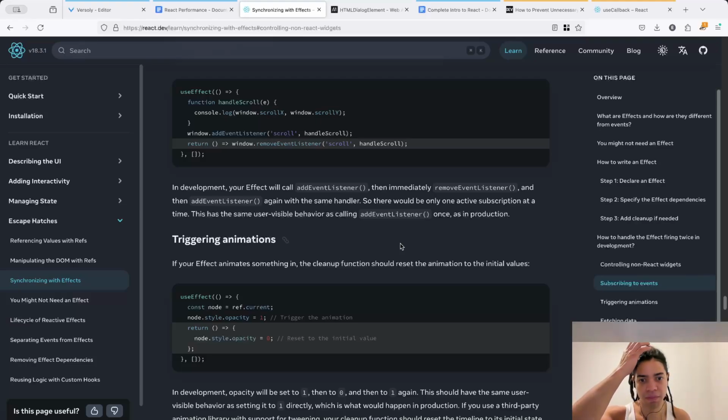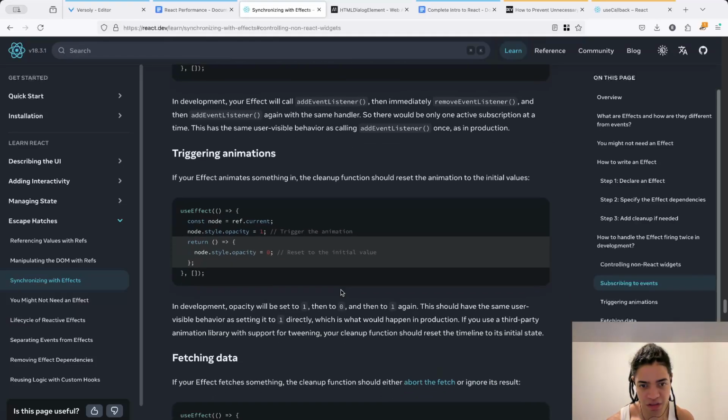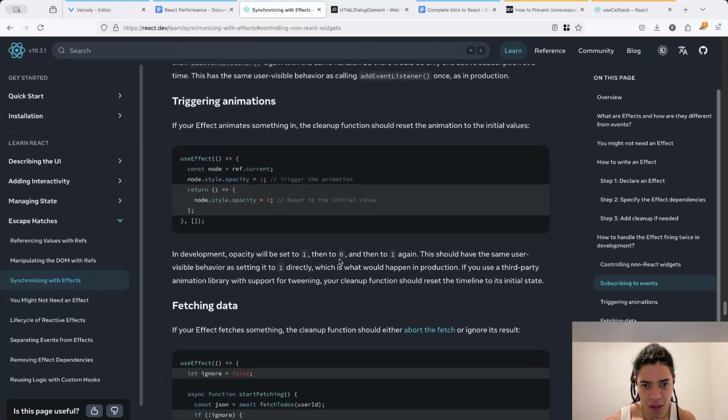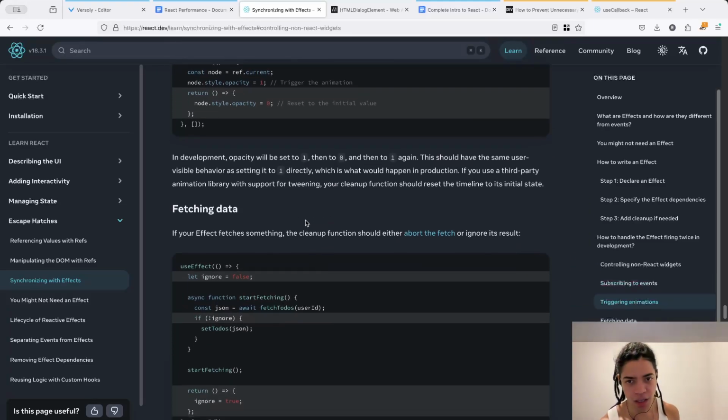In development, opacity will be set to 1, then to 0, and then 1 again. This should have the same user visible behavior as setting it to 1 directly, which is what will happen in production. If you use a third-party animation library with support for tweening, your cleanup function should reset the timeline to its initial state. And then you've got fetching data,